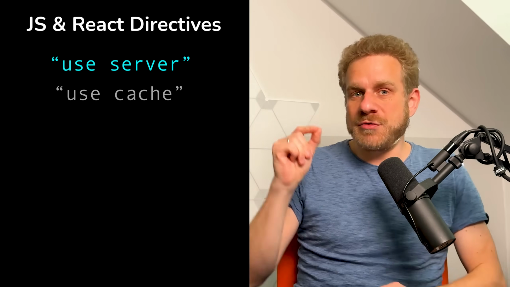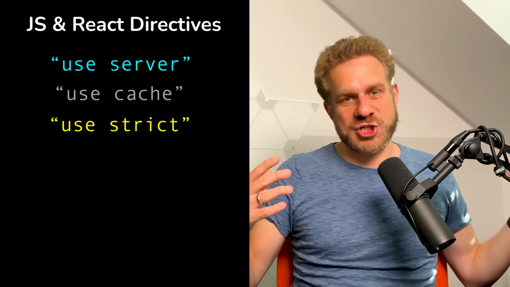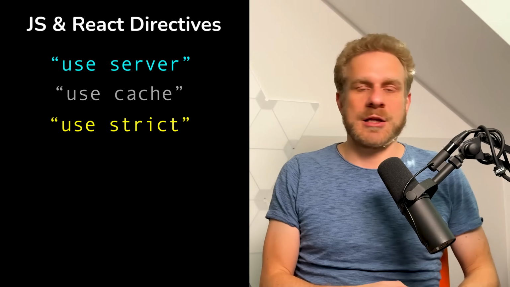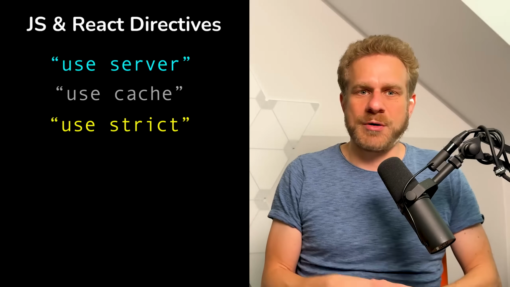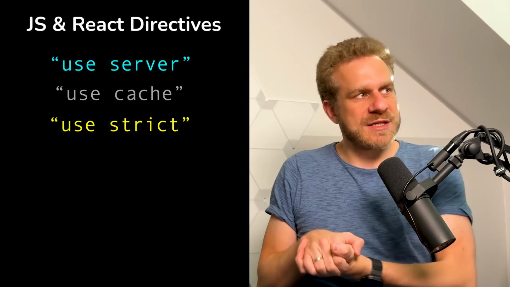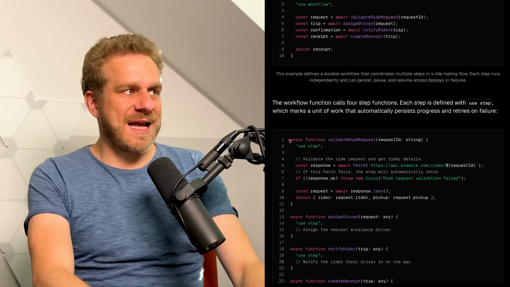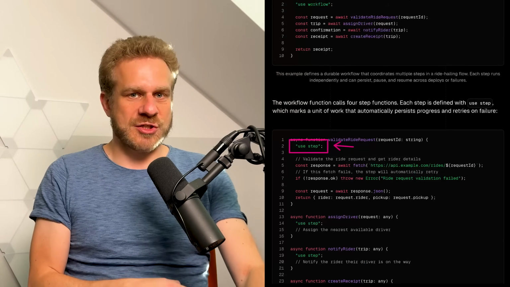You might know "use strict", not from React, but actually from vanilla JavaScript, good old "use strict", which we used a lot, I guess, like 7-8 years ago. We don't really see it nowadays anymore because it's implied automatically when using ES modules. And now we got "use workflow" and also "use step", which are brand new directives you can add to JavaScript